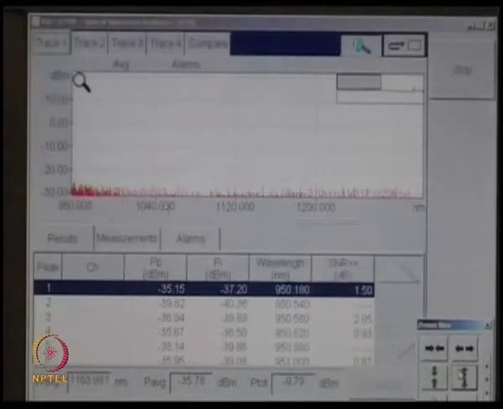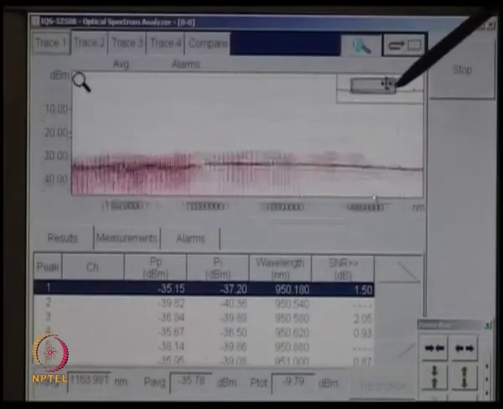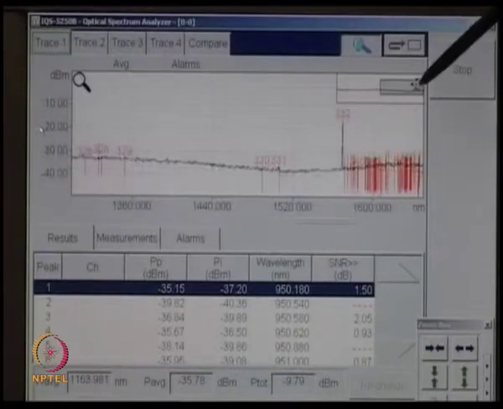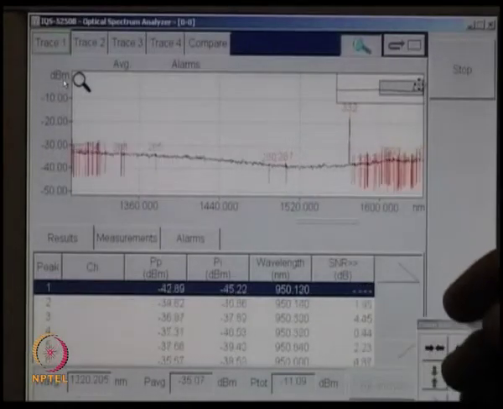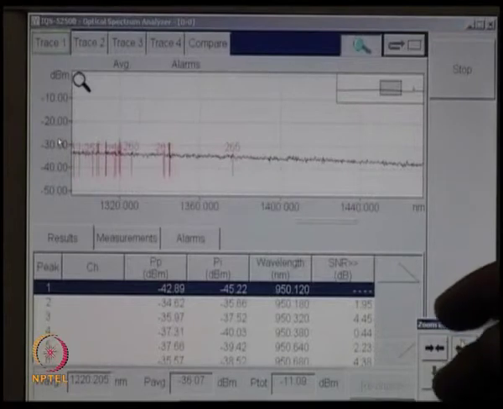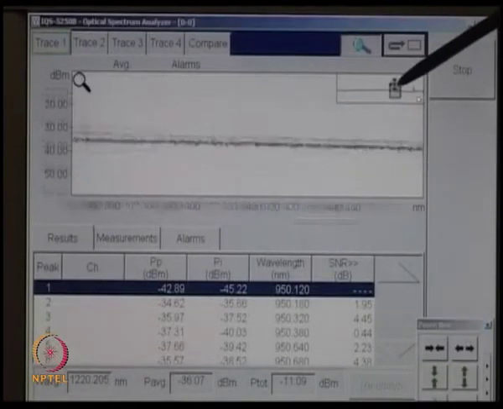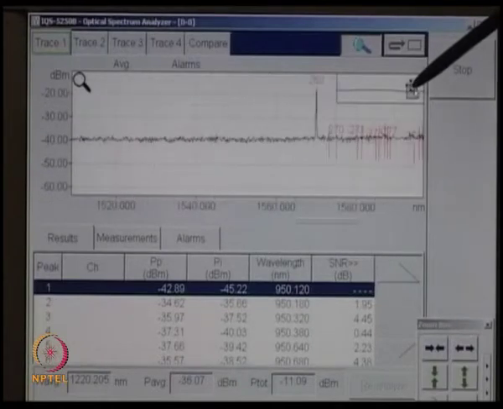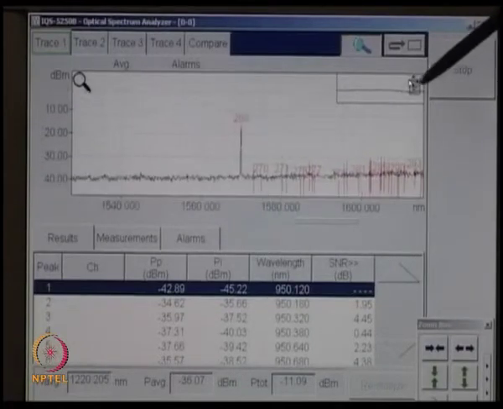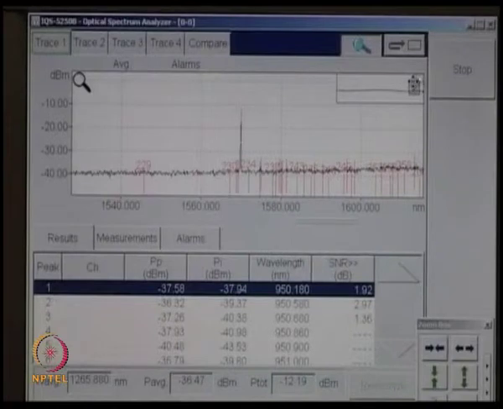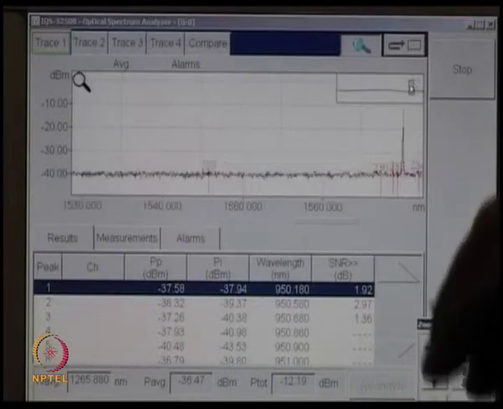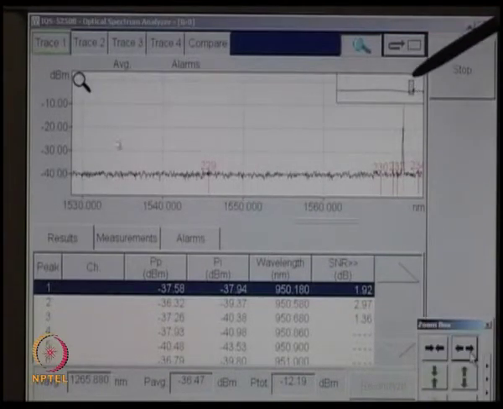The x-axis is in nanometers and the vertical axis gives the power in dBm. There is a small window here which shows which is the display window. So, this is the display window, and you can move this display window so that the required wavelength region comes within the window.